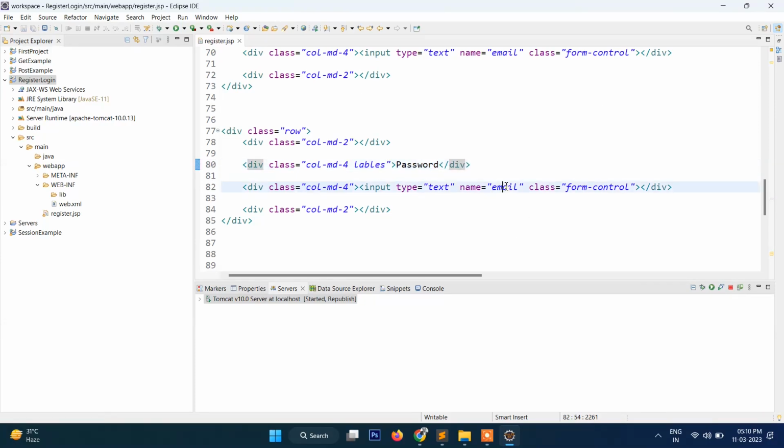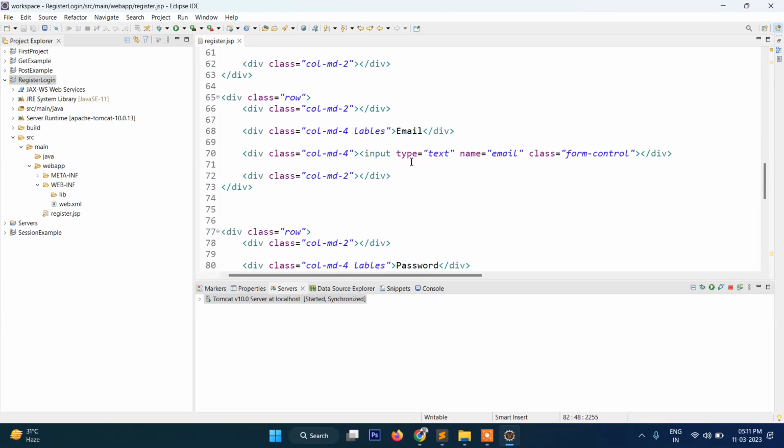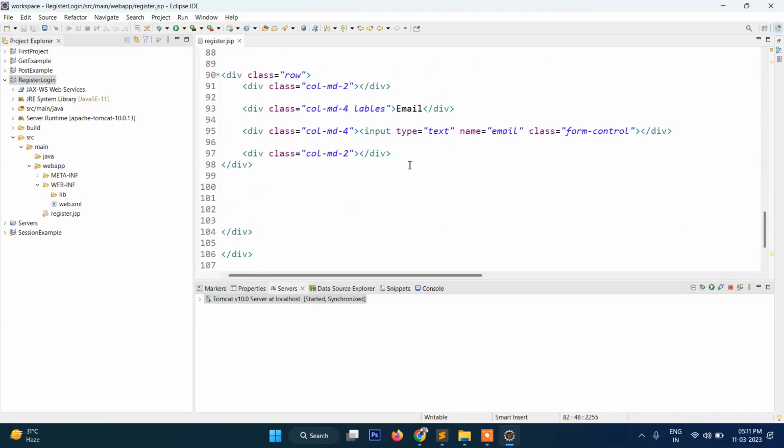Here name equal to password and input type password. So this is full name, email, password, and then here